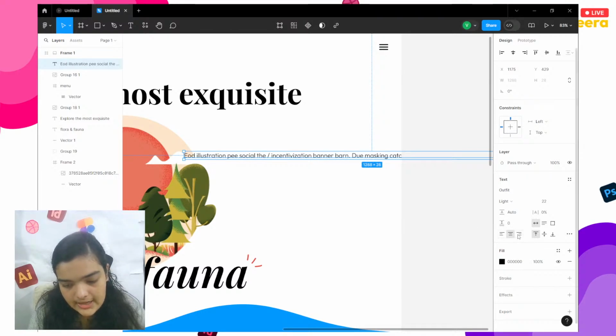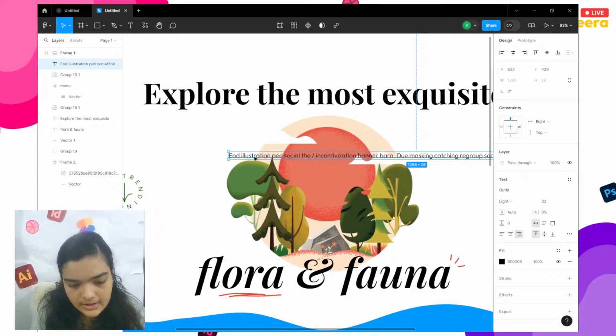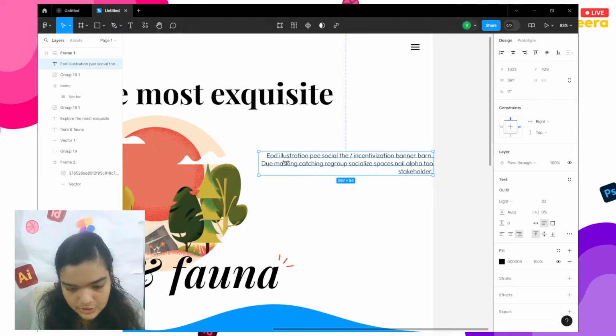Align everything to the right hand side, and then click on this button to align everything to the right once again. Next, we'll just take it from this section and make sure to